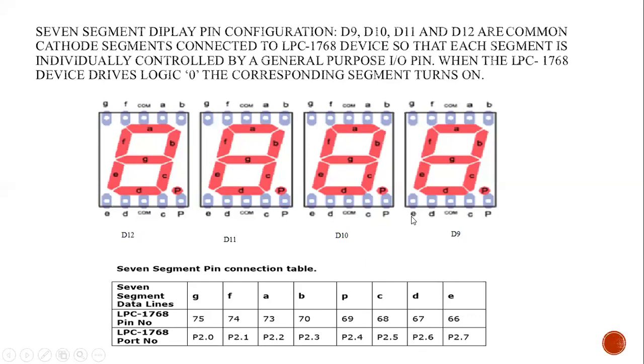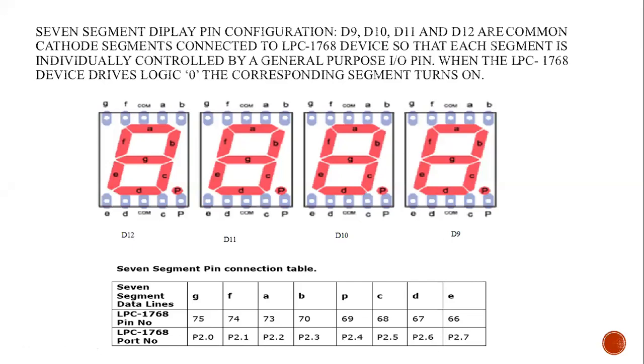They have taken this as a convenient way to connect the pins. In the same way, they have given the numbers here. All the pins are connected to port 2, starting from port 2 pin 0, first, second, third, fourth, fifth, sixth, and seventh pins of port 2.